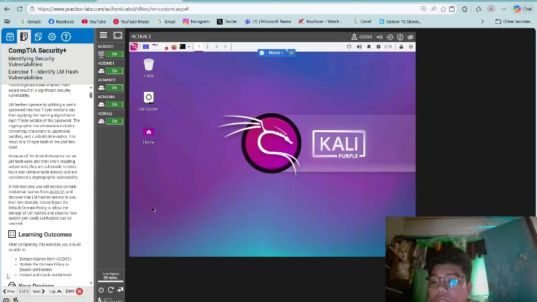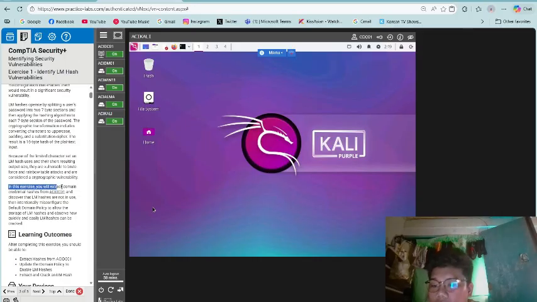The result is a 16-byte hash of the plaintext input. Because of the limited character set an LM hash uses and their short resulting output size, they are vulnerable to brute force and rainbow table attacks and are considered a cryptographic vulnerability.